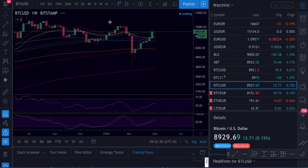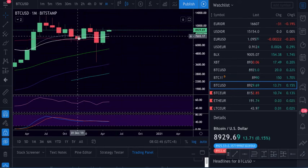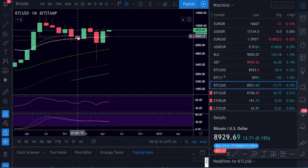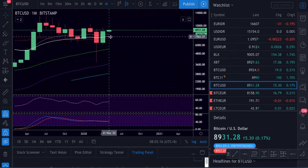Looking at the monthly, which is more easy to see, if we come down to test these trend lines, this candle here from the week, which is aligned with this week here, and the close here, plus this week here, I mean this one, this is the areas you can leave orders to buy until here. Here, this here, which is this one, and this one, you can all leave orders to buy,